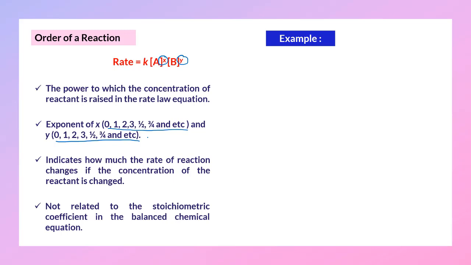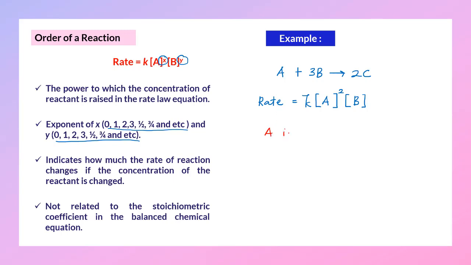Alright, for example, let's say I have a reaction of 1 mole of A reacts with 3 mole of B produces 2 mole of C. So, let's say the rate law equation given to you is rate equals rate constant k times the concentration of A to the power of 2 times the concentration of B. Let's say the rate law is rate equals k[A]^2[B]. But I can say that from the rate law equation,